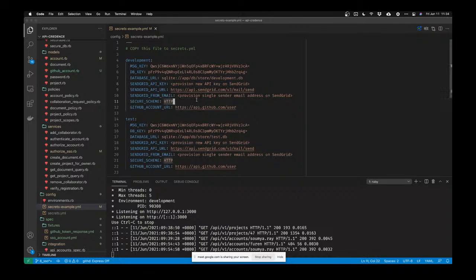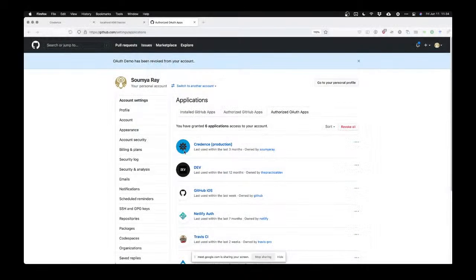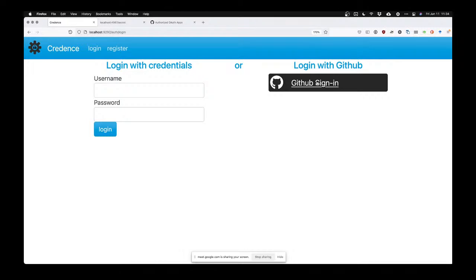So one thing that I do have in my secrets is a GitHub account URL. Sorry, it's a little different from this example code here, but I use that URL to set up this link for GitHub sign-in. So the link that you're seeing down in the bottom,